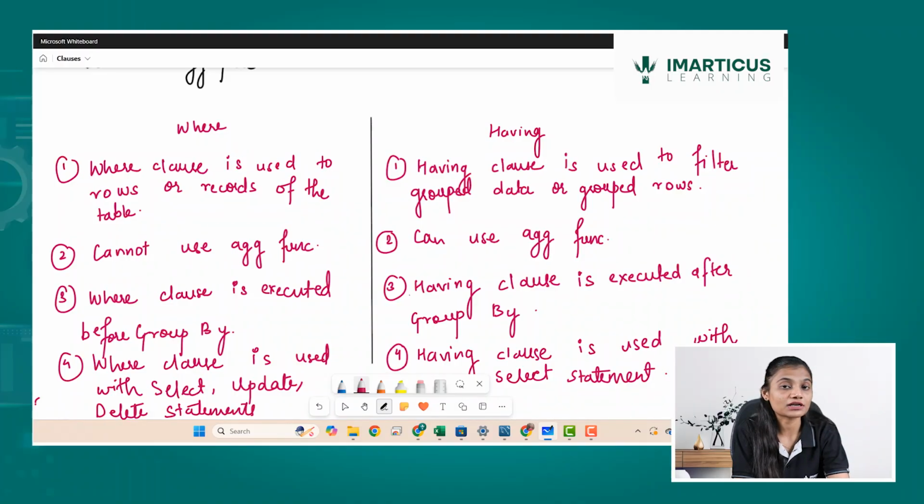Now, what if someone says that I don't have a where clause, I don't have group by mentioned, and I write having and give a normal filtering condition? Will it perform? Yes, it will perform very similar to your where clause. But the use case of having is that it is most of the time used when grouped data is generated and needs to be filtered further. So this was all about the having clause, how it is used and how it is implemented. I hope you have understood what a having clause is, how it is used, and its use cases with respect to practical implementation.